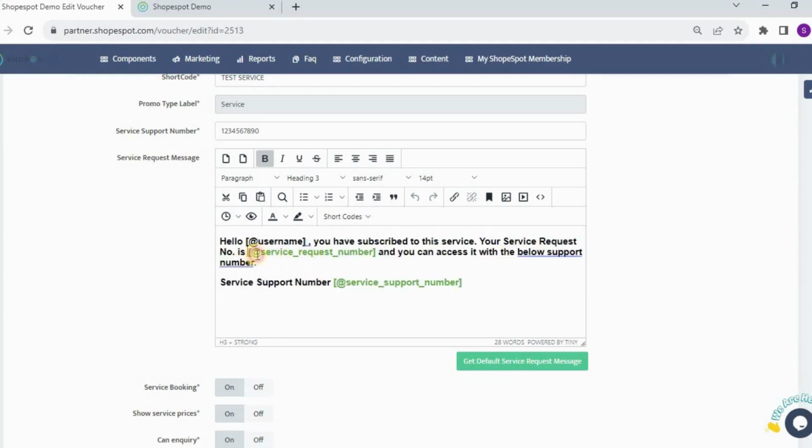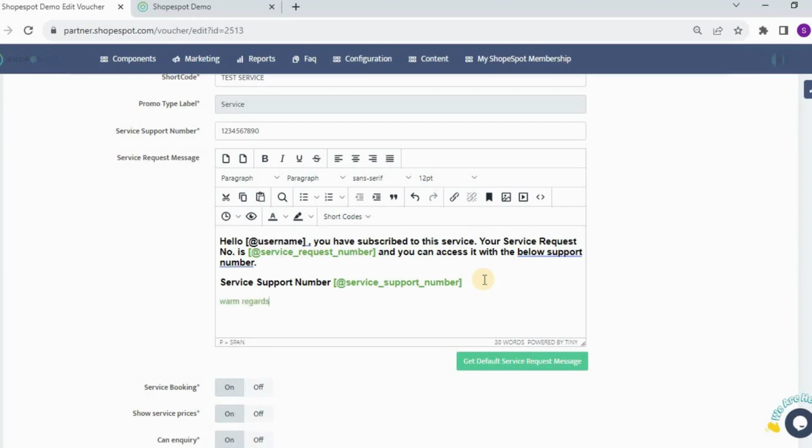So you'll see these little things here in brackets: service support number, request number, and username. What it says is, you don't need to do any coding, you don't need to do any development. So if you are typing out an email and you go hello and you want to greet that particular user personally based on the username that they've created when they logged into your site, you can actually make use of all the shortcodes here. So just to give you an idea of how that works, and we could go here,